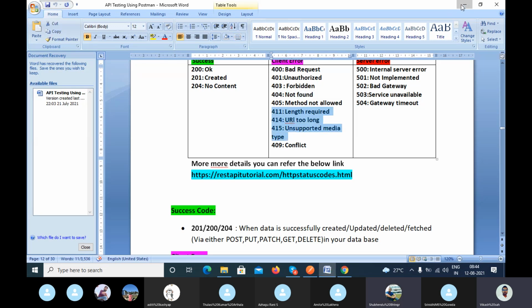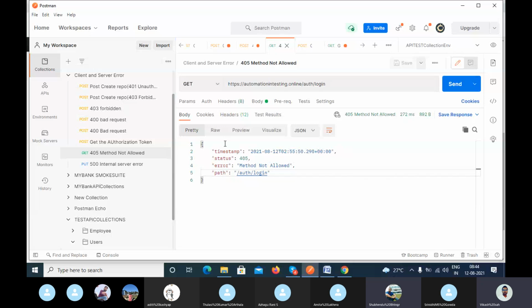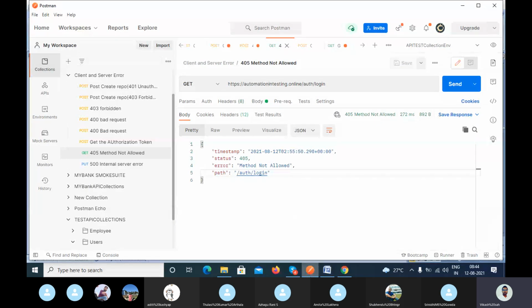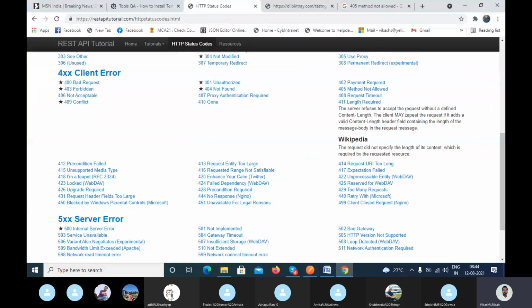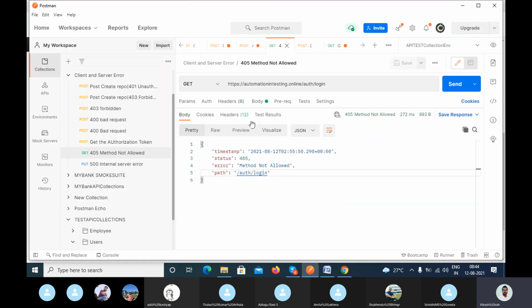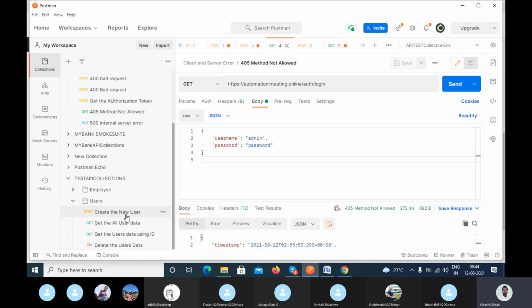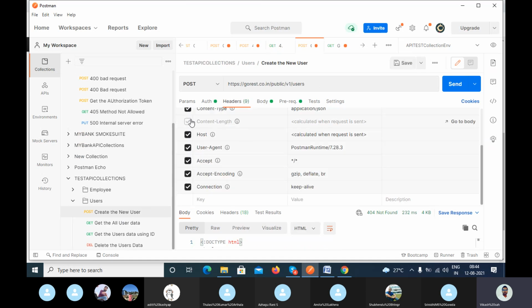Yeah. But how may we get this? Let me explain to you. So 411 length required. Okay, so 411 length required. If you go here and read this, the server refused to accept the request without a defined content length. Okay, so it is asking that if you do not define the content length here, let's suppose here I'm